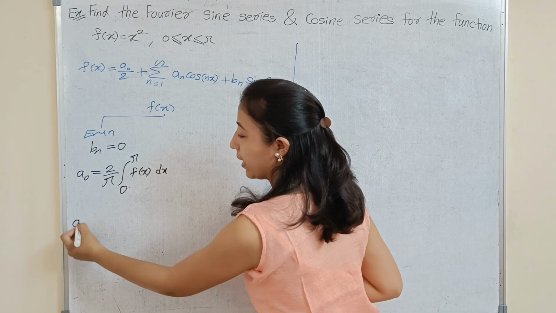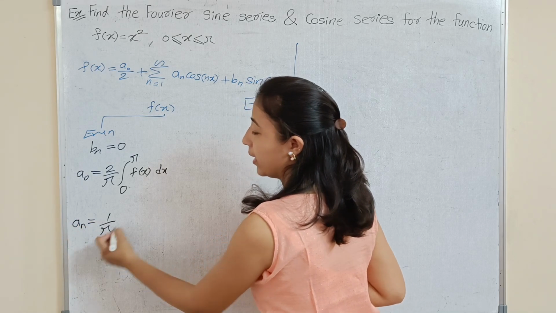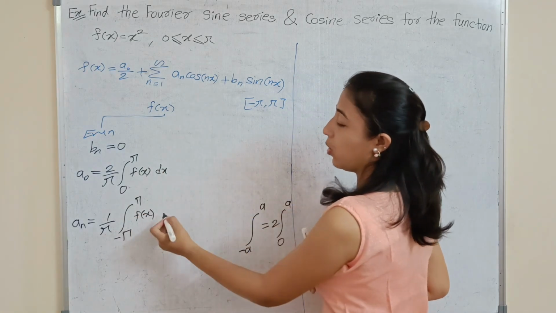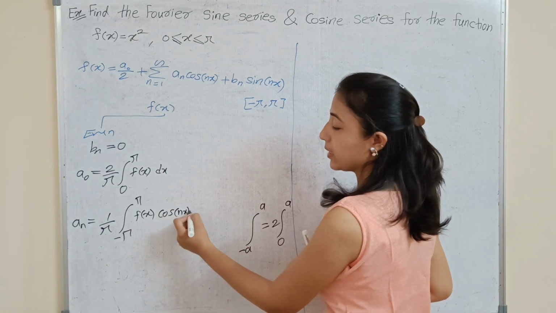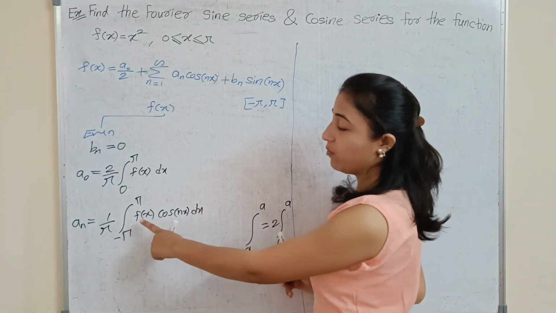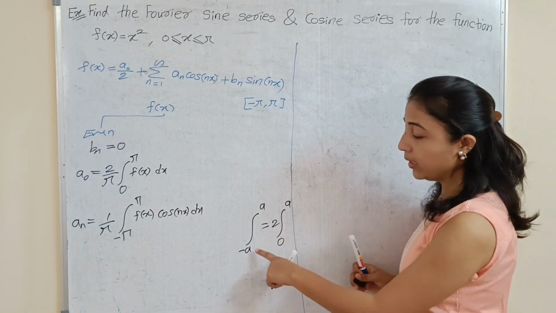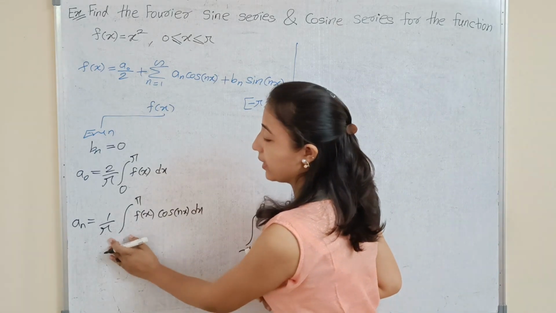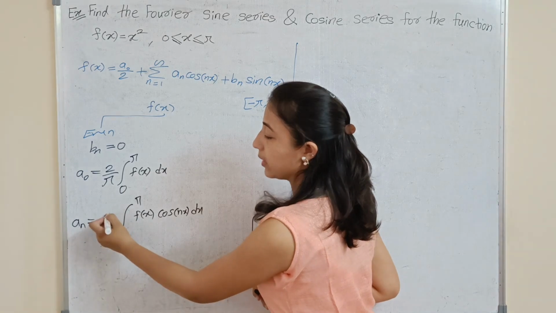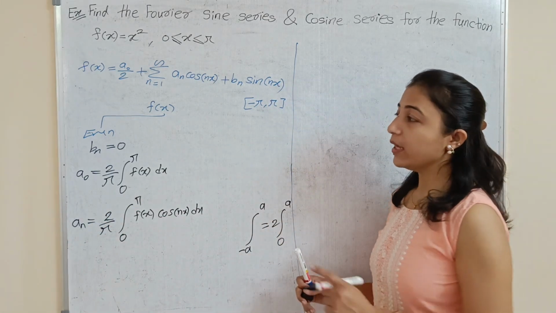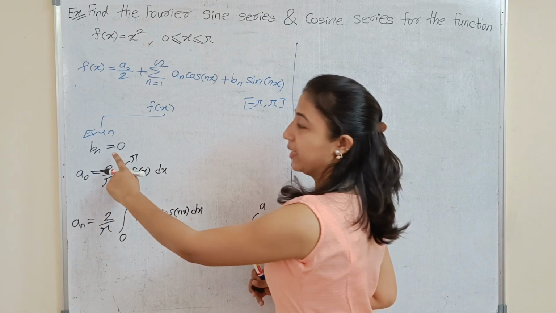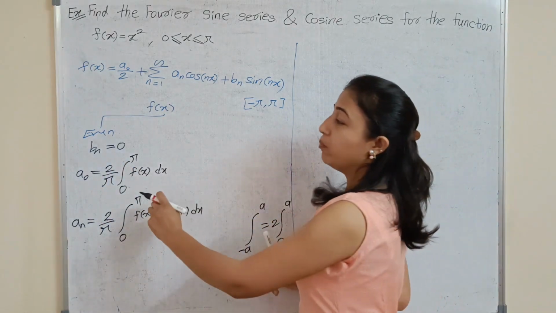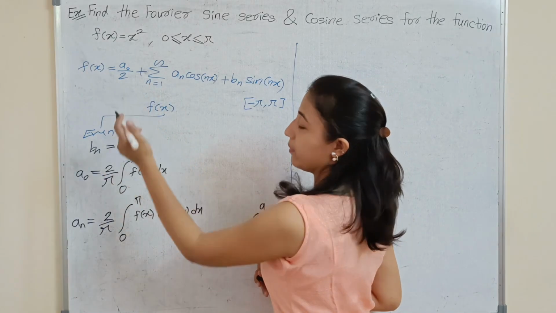And the formula for an is again 1 upon pi integral minus pi to pi f of x into cos nx dx. Here cos is an even function, f of x is an even function, and for an even function the integral from minus pi to pi becomes twice the integral from 0 to pi. So if our function is even, then the value of bn is 0, and an and a0 we can find with this formula. Now if we put these values in the series,